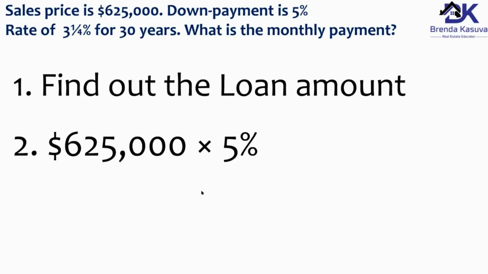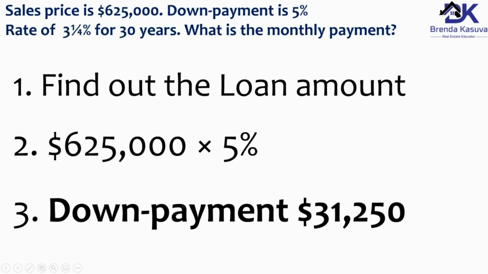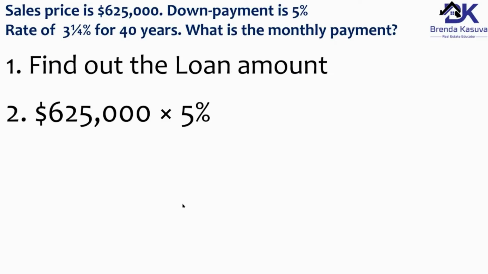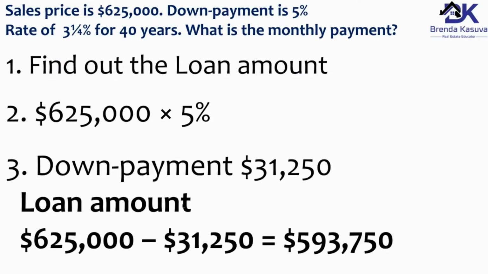I'm only going to borrow 95%. So one way some people will do it is, what is 5% of 625? You'll get that amount, and then you take it out from the 625,000 to get what your loan amount is. And why we're doing this is because down payment is money out of your pocket that you're going to bring